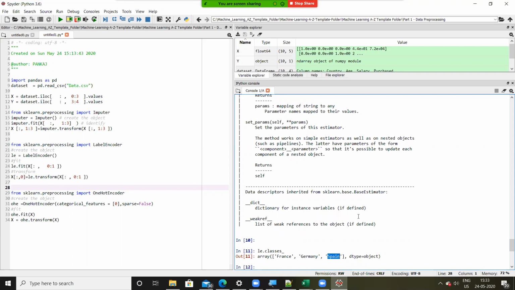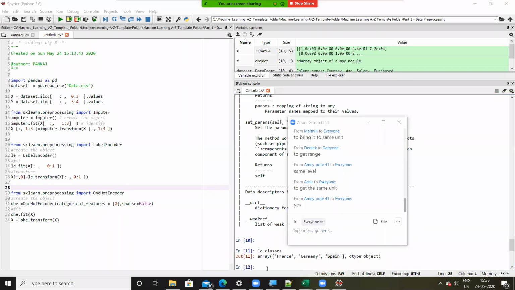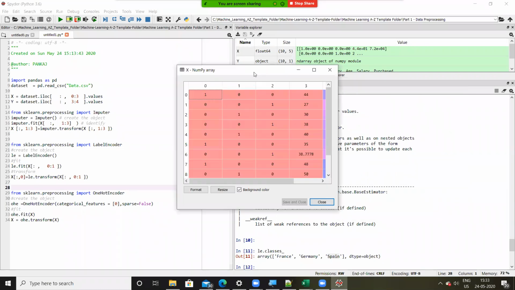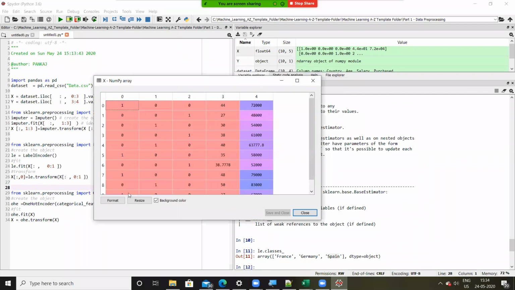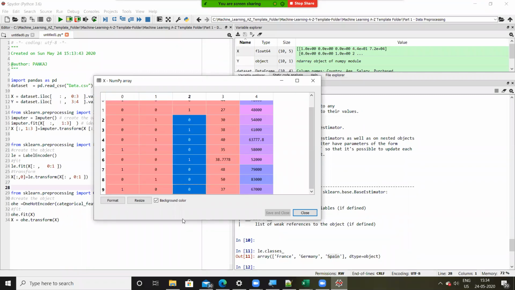Is this clear, everyone? Can you quickly confirm it on the chat window? What I have done here is I have identified what are the unique values, or the unique numbers given to each text. Right, so that is with the help of a property called as classes underscore. Where is this property available? It is available with label encoder. All right, so let's go back to data set again, or let me double click X value. All right, so here 0 means France. This column indicates France. This column indicates Germany, and this column indicates Spain.